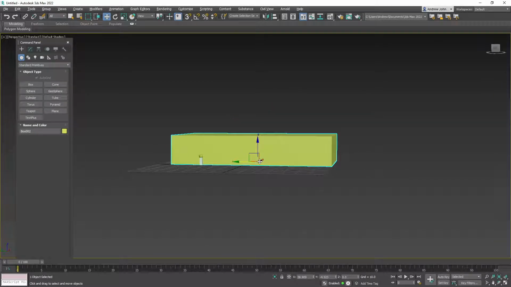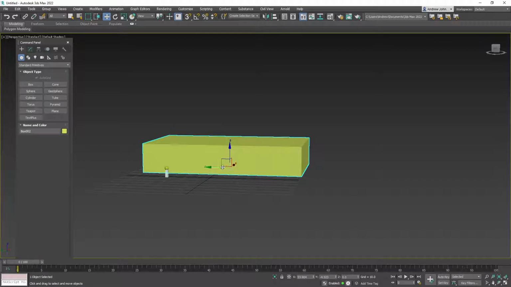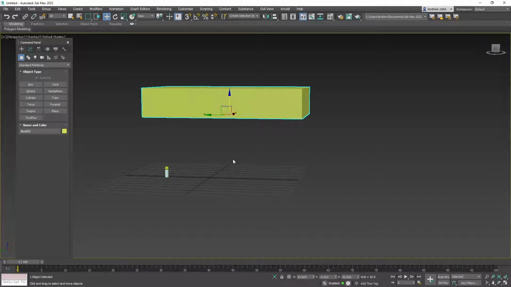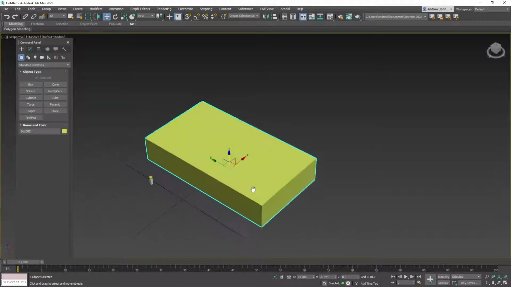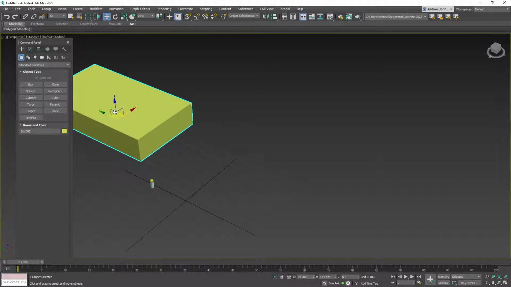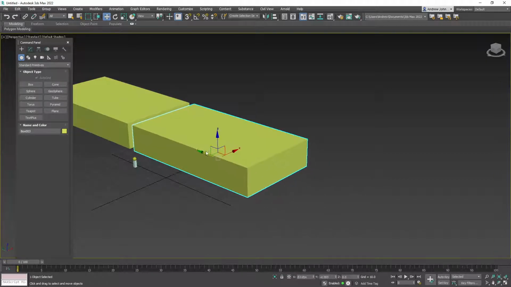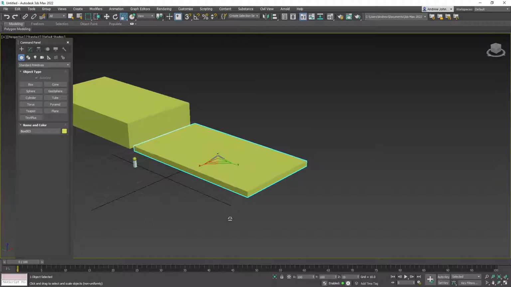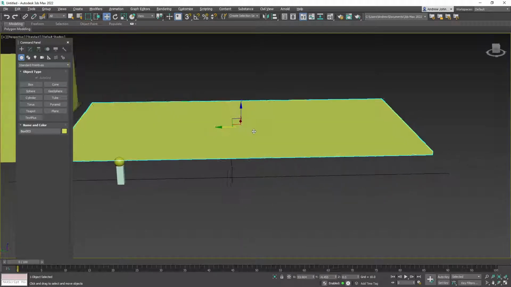So what I would recommend doing is approaching the 3D stuff a few different ways. Or rather, when you create 3D buildings, create basically a few different things. So one is maybe a box that shows you where your building is going to be. The next thing that you should do, I'm just copying that over. I'm going to scale this way down. Let's call this my floor. And then I might